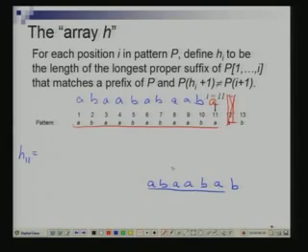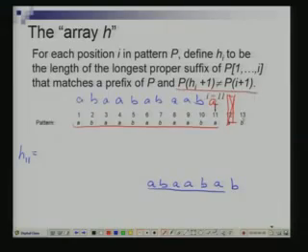And I have to find the longest match, because that determines how much I can shift without missing out on a possible match somewhere. So I have to find the longest possible match, and then there is this additional condition that the I plus 1th character,